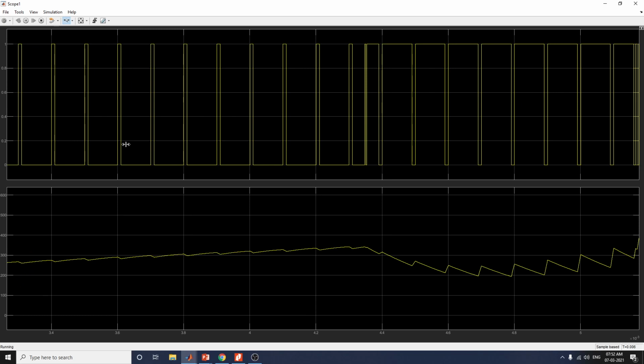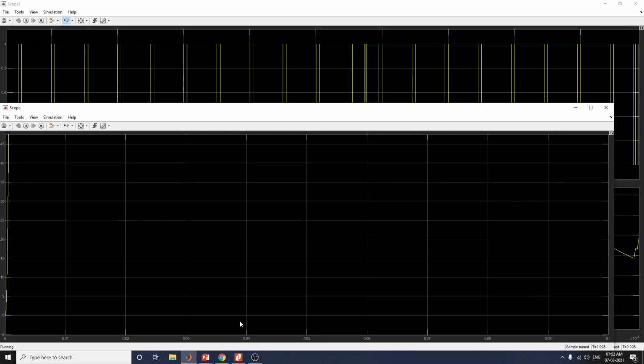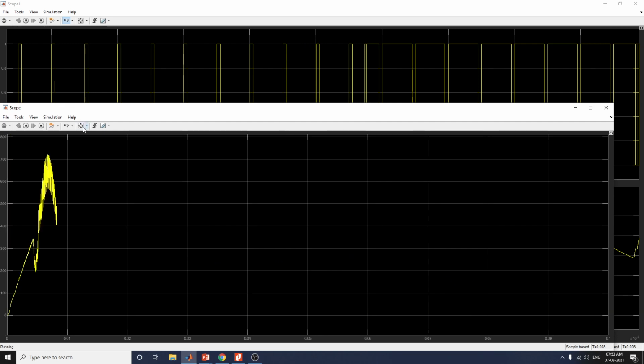Based on that output power, the maximum power accuracy is achieved here. This is the scope. Another scope is shown here.